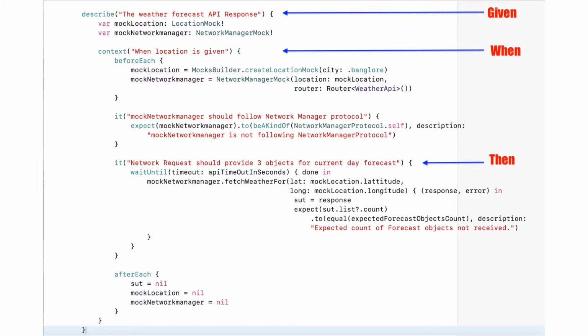One very good point worth mentioning here is that this structure of a BDD test case gives you a very formatted logging when you run your test cases in an actual environment. So the strings written inside the describe, context and it blocks get combined into a formatted log, so that anyone can understand the status of your test case execution. We will see this part in a practical example when we run our actual test cases in Xcode.